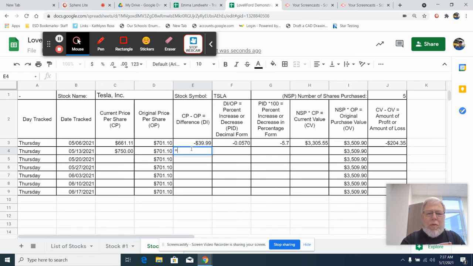So here I would go equals, I would go 750 minus 701.10. And we find out that the stock is actually $48.90 above the original price. Okay? So to find out the percent, in this case, it's a positive, so it's a percent